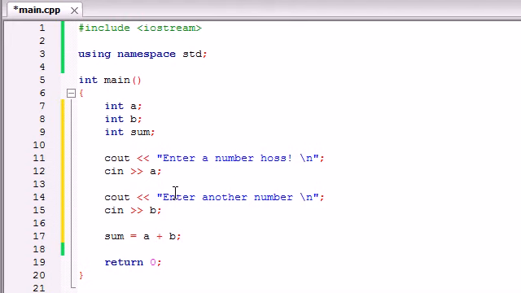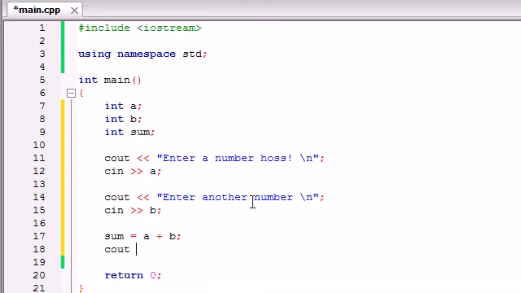And now what our computer program is going to do is say, all right, I'm going to grab the value you put in for a, and I'm going to grab the value you put in for b, and I'm going to calculate that and store it in the variable sum. So for example, if you wrote 10 and 15, it's going to grab 10, grab 15, calculate the sum of it, which is 25, and store it in a variable called sum. So now the sum is equal to the answer, and all we have to do now is print it out